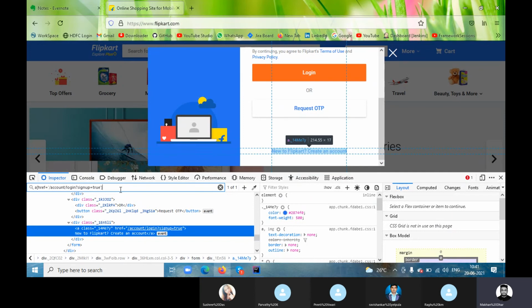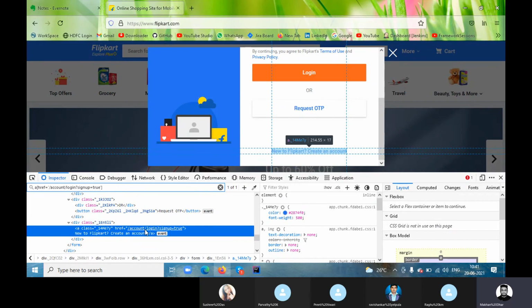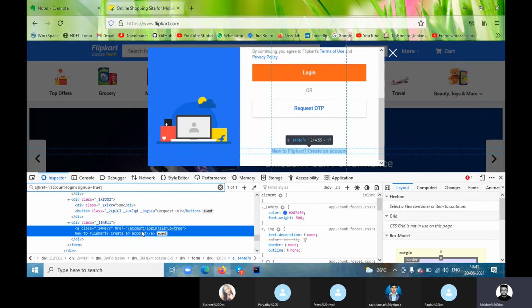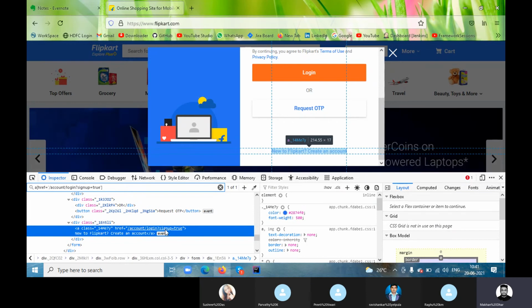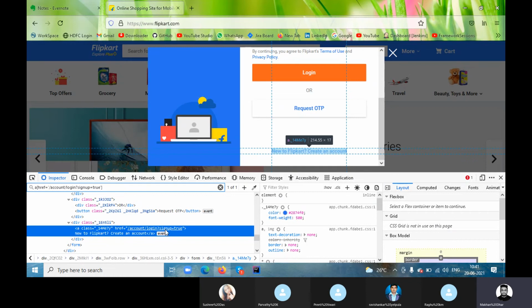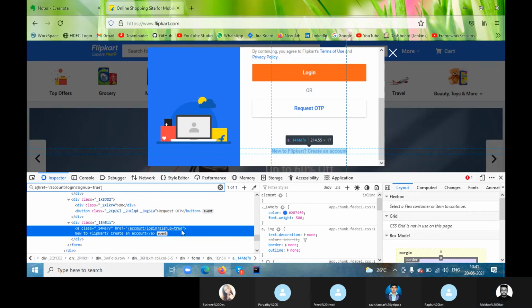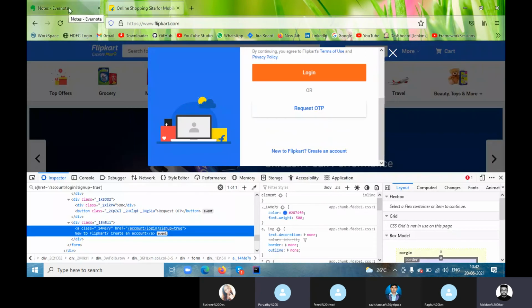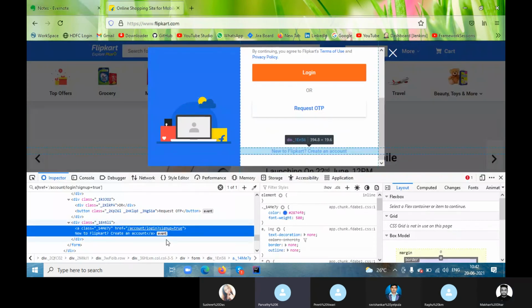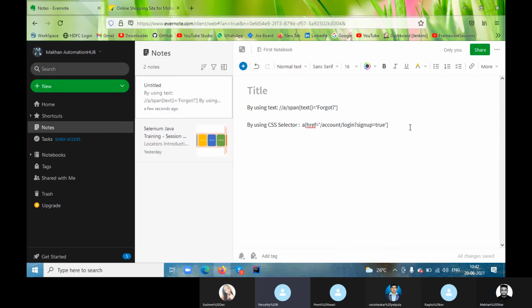It should always be unique because this link is only one, right? A link can't be twice, that's a defect. If you are getting the same hyperlink twice, it's a defect. It's not your fault. This should be a unique link. Are you good with this CSS selector, or any doubt? Sometime before you used the same thing, but you had used double slash. That's why it was throwing an error, right? See, double slash is for XPath.